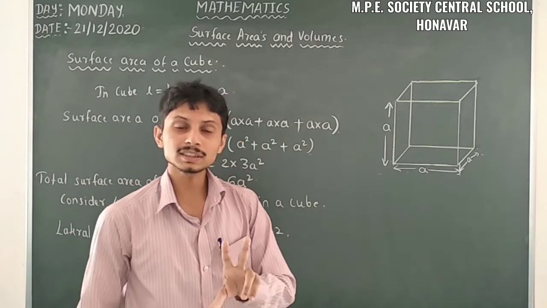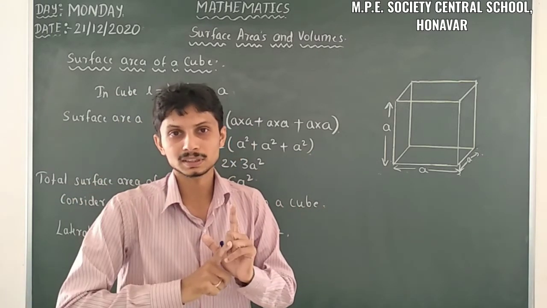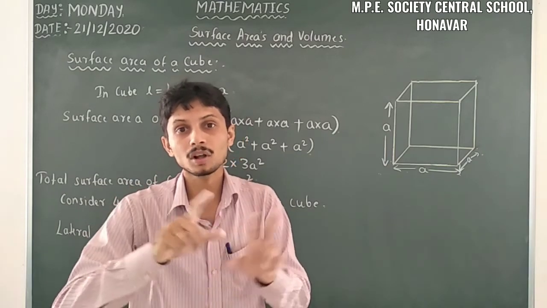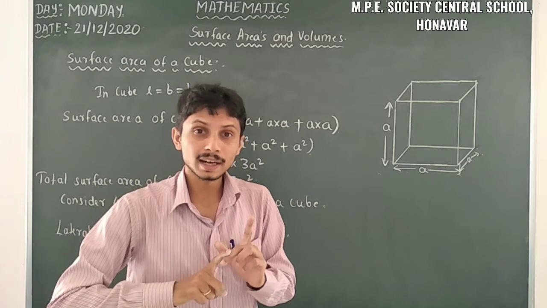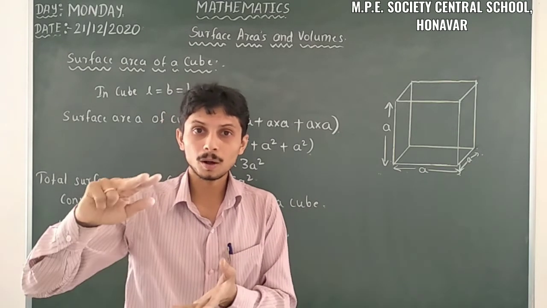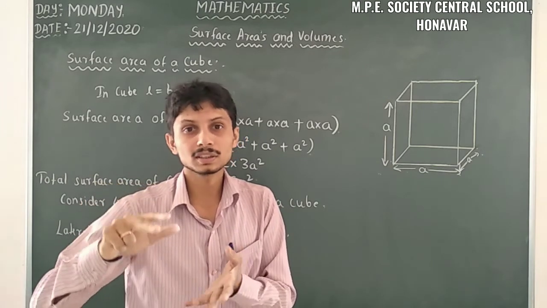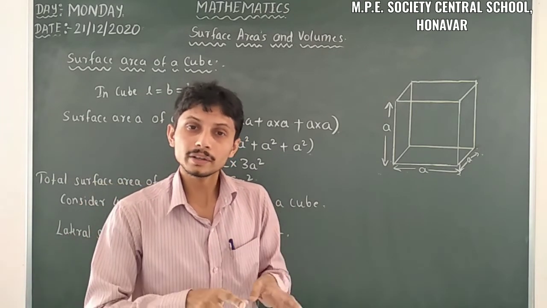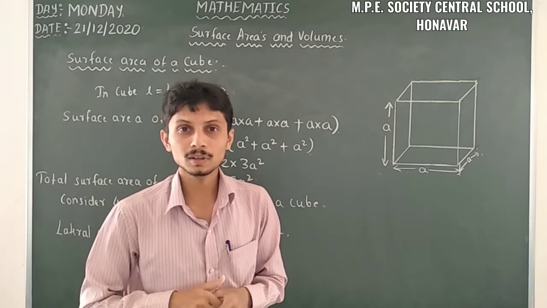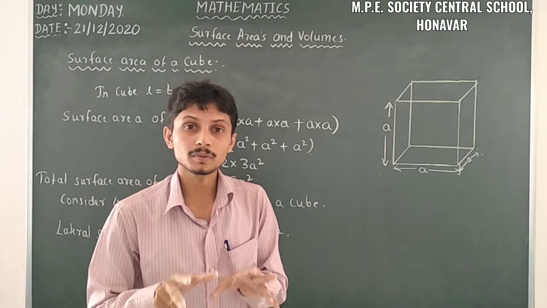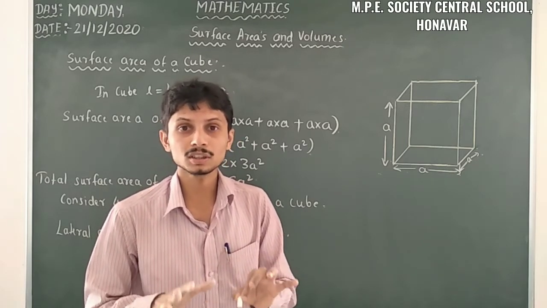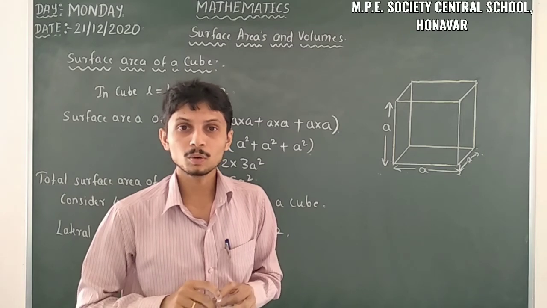So there are only 2 cases here, one is the total surface area and the other is the lateral surface area. When we consider total surface area, we have to find the areas of all the 6 faces. When we consider the lateral surface area, we consider only the 4 walls. When we have to consider the top face, then according to the problem the formula changes. That's why we have to be careful and understand the problem correctly, and read the question correctly. I hope you understood these things.